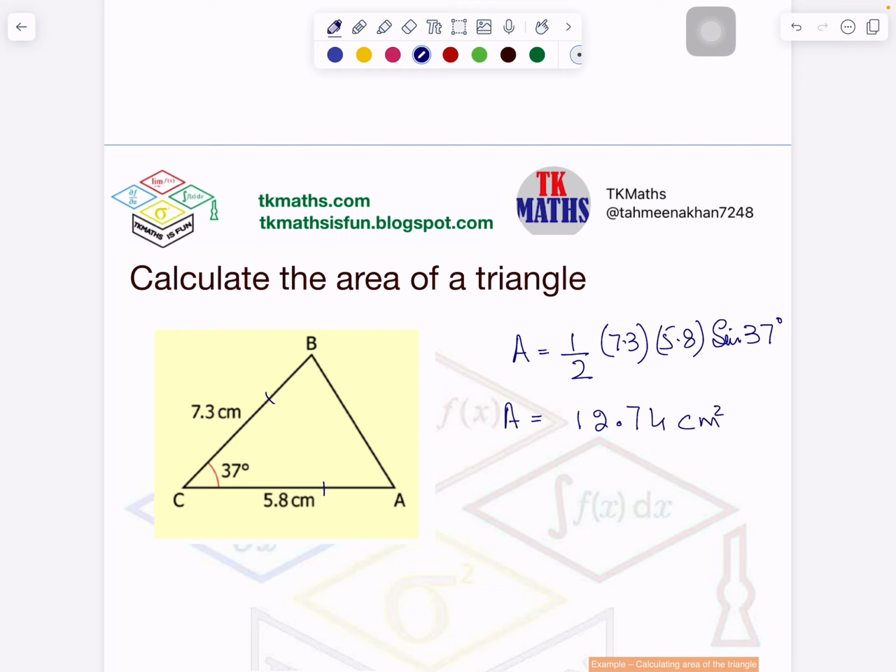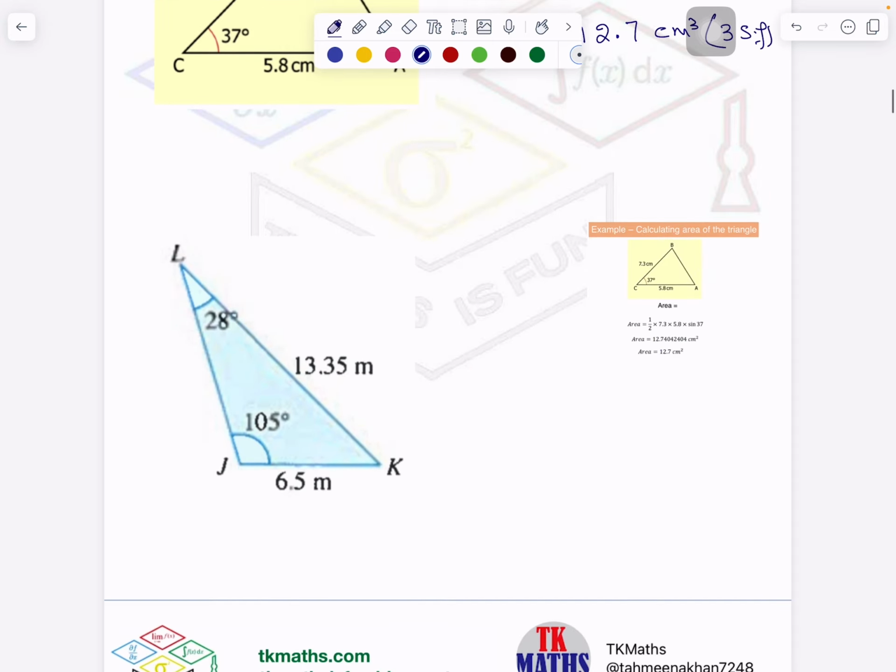And which is square centimeter. Because from the examination point of view, we write answers in 3 significant figures. So I will write 12.7 square centimeter, and I can mention here 3 significant figures, right? Now if you see here this